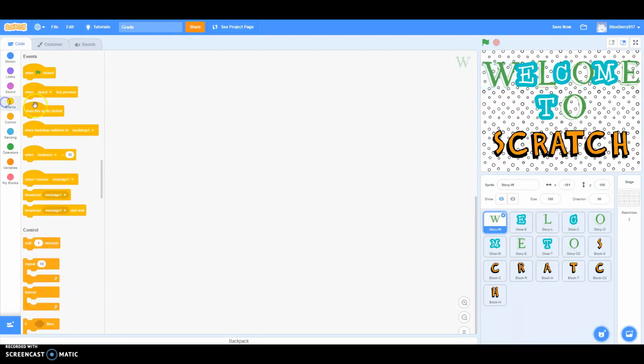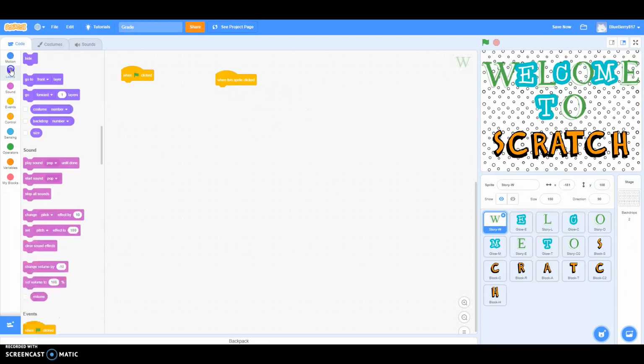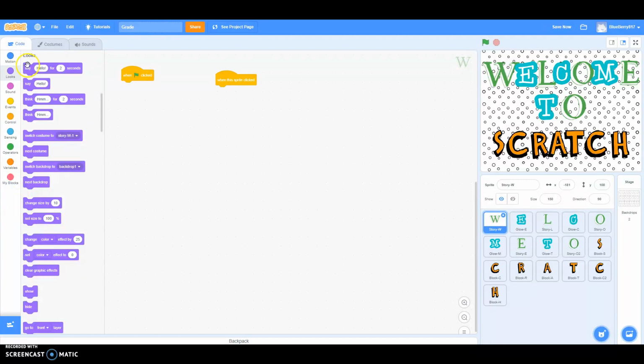So, I'm going to add an event block: when green flag clicked, and when this sprite clicked. Green flag clicked, say for 2 seconds. And when this sprite is clicked,